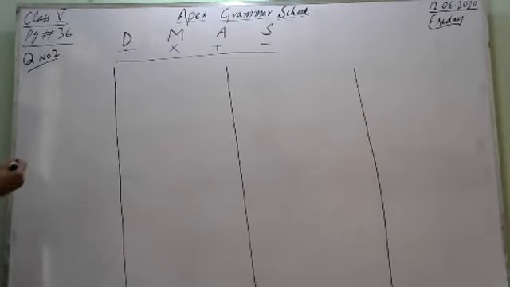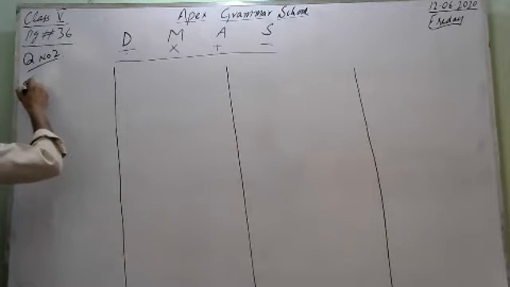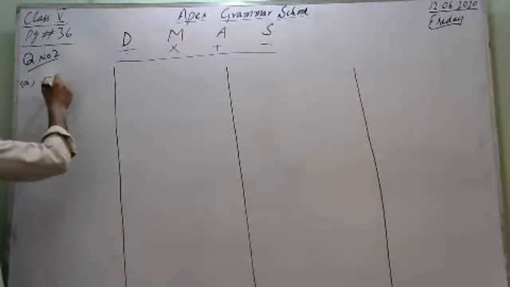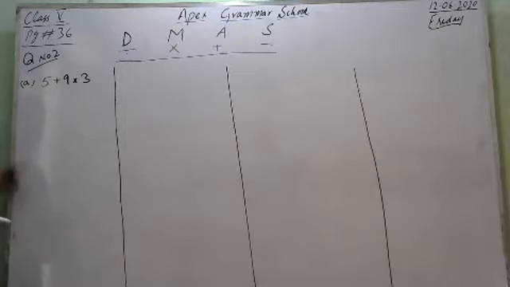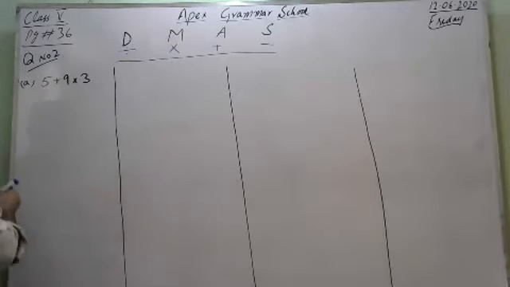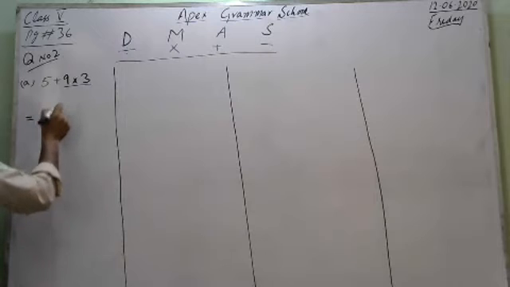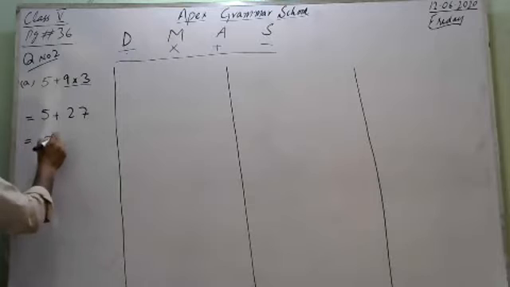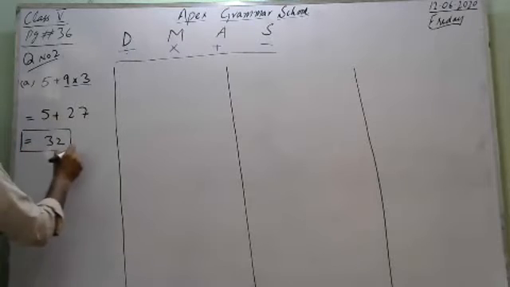A part of this question is 15 plus 9 multiplied by 3. Now, first of all, there is addition and then multiplication. But according to our math rule, we have to do multiplication first. So in this question, we multiply 9 and 3 first, and the addition will be as it is. 9 times 3 is 27, and 27 plus 15 is 42. This is A part of question number 2.